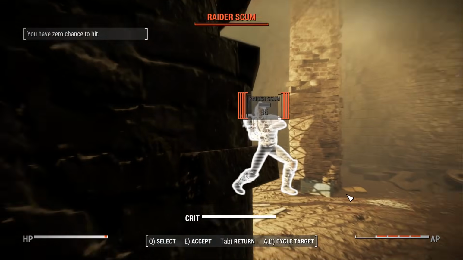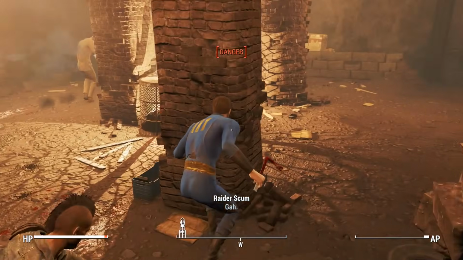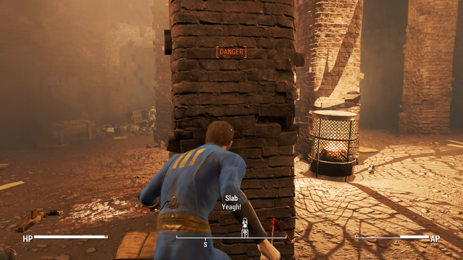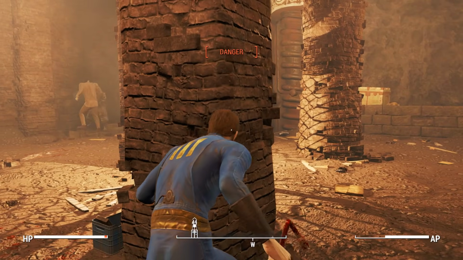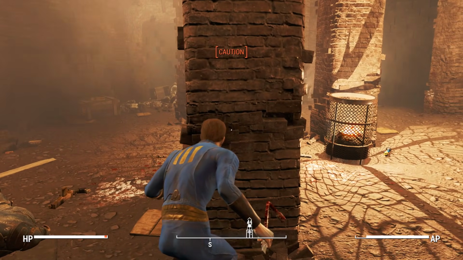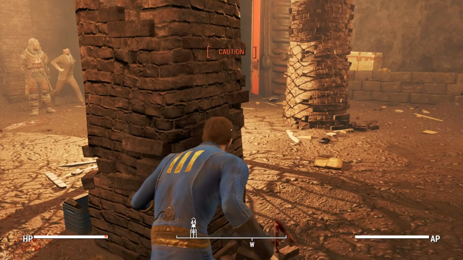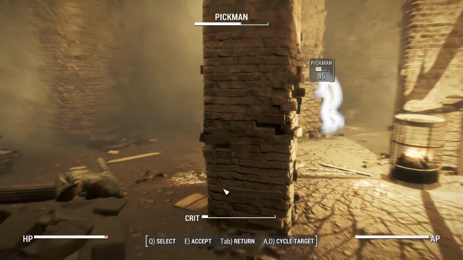Because they're going to focus on him more than on me. Just wait. There we go. And Pikmin is not a slouch either. He can actually put up a pretty decent fight. I just gotta wait until I'm out of danger. There we go. Caution. How is Pikmin holding up? This is very important. Yeah, he's doing surprisingly well. As I said, because this guy only has a pipe weapon, so it's not like...